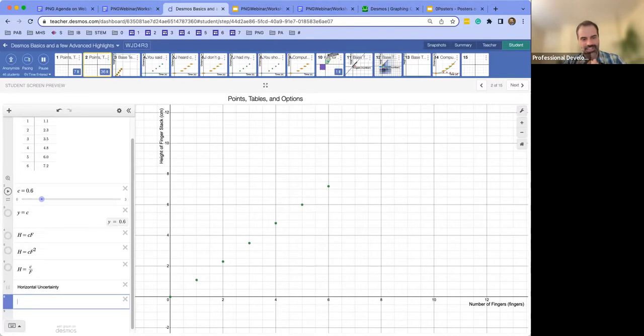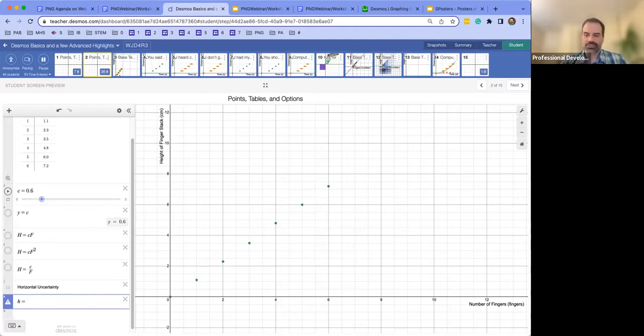We already used H for height. I used lowercase h. The answer key has lowercase h. So that's a little bit confusing. Sorry about that. H, our horizontal uncertainty, we're making a new variable, h equals, we could turn this into a slider, but I just want to set it to a value